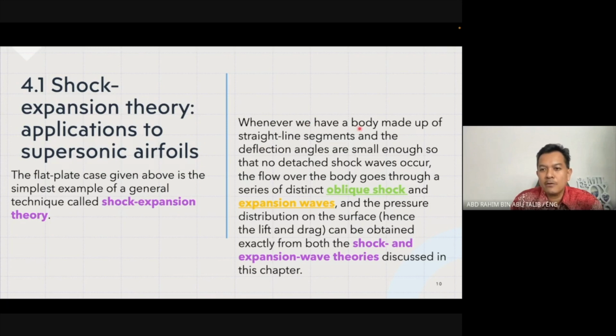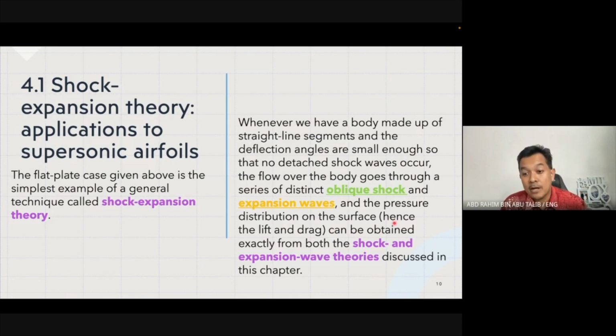So whenever we have a body made up of straight line segments and the deflection angles are small enough so that no detached shock wave occurs, the flow over the body goes through a series of distinct oblique shocks as well as expansion waves. And the pressure distribution on the surface, hence the lift and drag, can be obtained because we already know that on the top surface there will be a uniformly distributed pressure, as well as on the bottom surface. Normally we call it P3, and we can